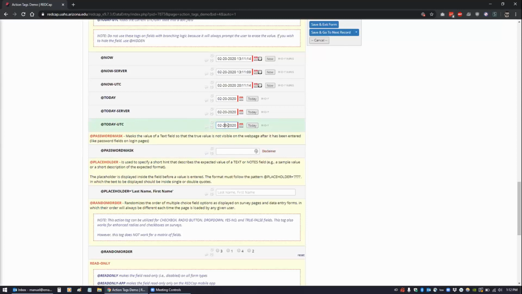The user comes in and they logged in today and their baseline appointment is 2 weeks from now, and then their follow-up appointment is a month from now. You can base these calculations off of this. And then one thing to note is that you don't want to use branching logic with these fields. So if you have any of these fields using these action tags,